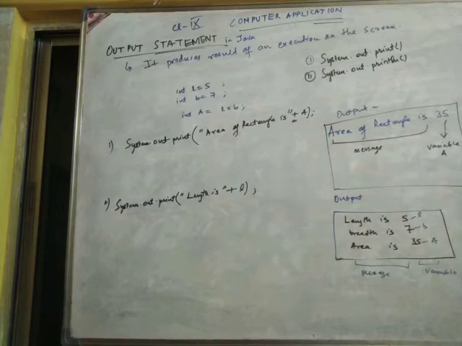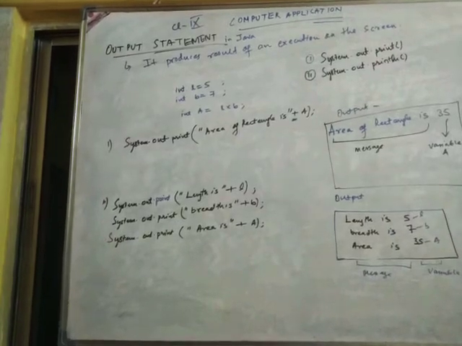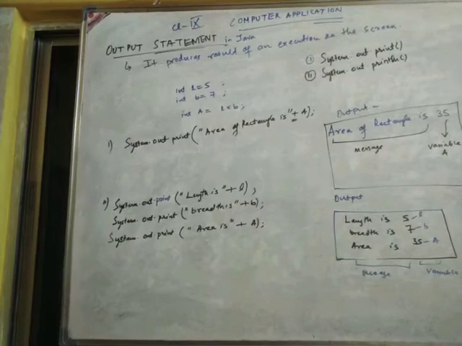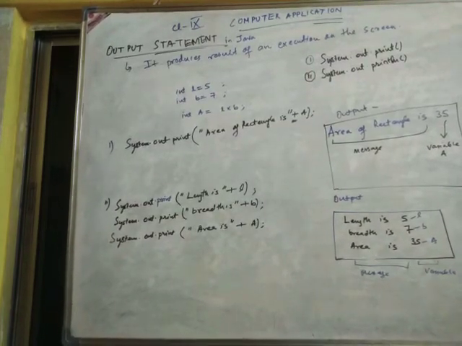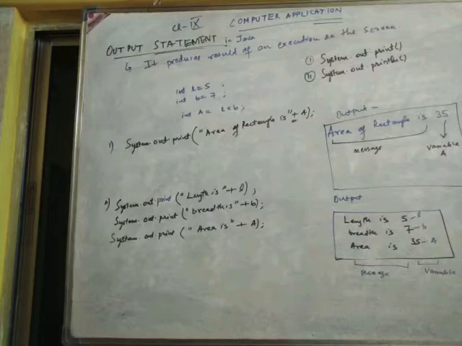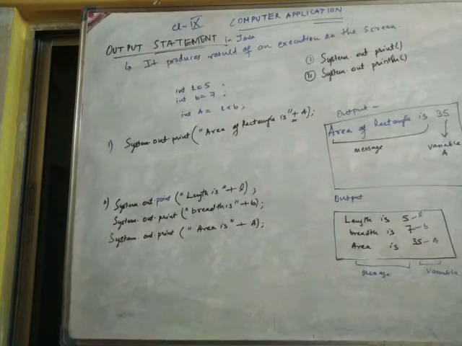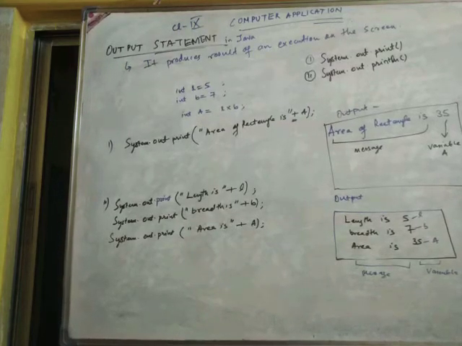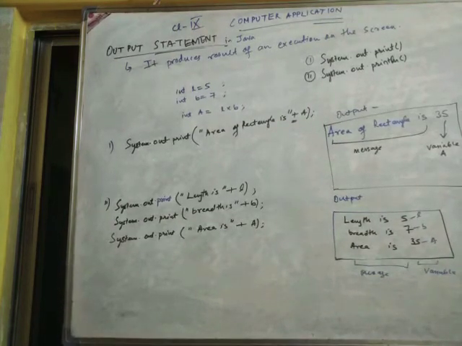In this case, if I use System.out.print in the first line, it will not work. If I write three System.out.print statements this way, the output will be different from what I wanted. Every statement will come in one line only. Print and println, what is the difference? Println, after printing, brings the cursor to the next line, whereas print, after printing, keeps the cursor on the same line.